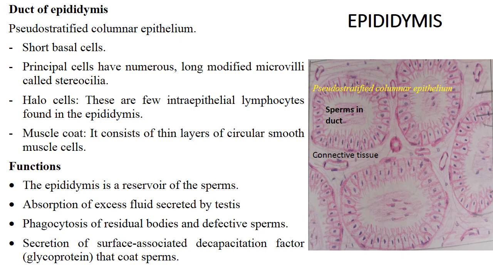Then the muscle coat consists of a thin layer of circular smooth muscle, and it helps in propulsion of sperm into the epididymis from efferent ductule, and these muscles also help in ejaculation. The function of epididymis is that it is the reservoir of sperm. It helps in absorption of excessive fluid secreted by testis. It will phagocytose residual body in defective sperm. It helps in secretion of surface-associated decapacitation factor that coats the sperm, and this factor is removed during capacitation of